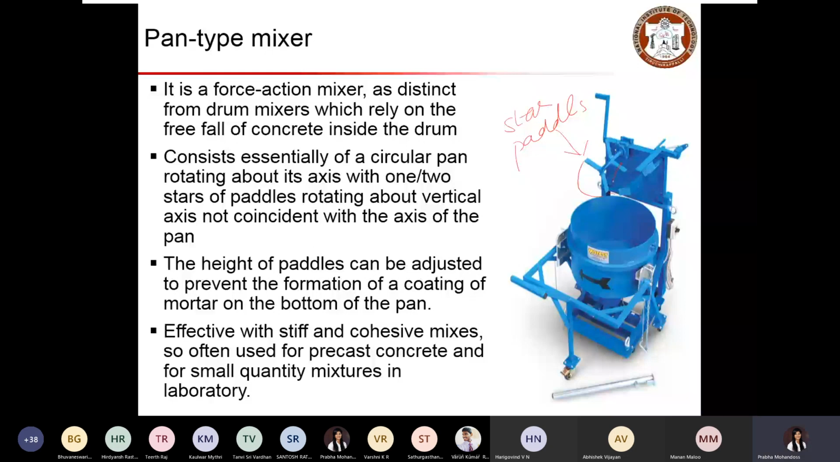The height of the paddles can be adjusted to prevent the formation of coating of mortar again. When you mix your ingredients, it is important to ensure a proper coating, and sometimes some of the coating or the paste materials may stick to the walls or the bottom of this mixer. To remove that, and to make sure no such fine particles adhere to the surface of the mixer,